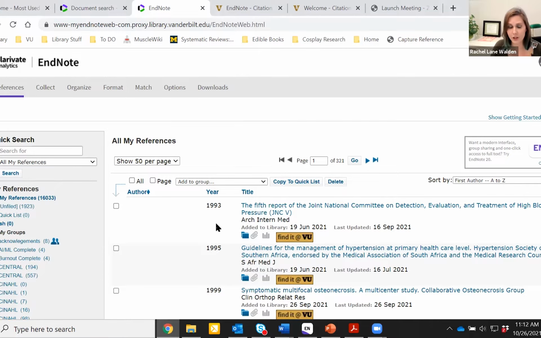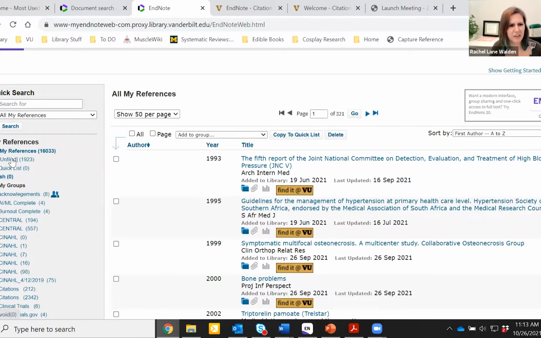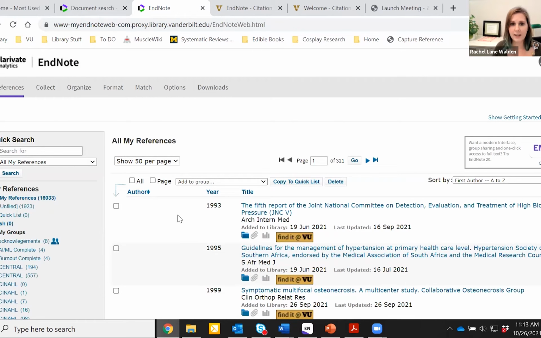But as soon as you have citations, that's always going to be the first thing you see, because the default home screen is the entire list of all of your references. You can see on mine, I've got about 16,000, which is actually about half of what I used to have. I cleaned up a little bit. I also got a ton that are unfiled, which I'm not really sure where those came from. I probably need to look into that. I do a lot of testing, so I pull in a lot of citations and then I forget to delete them later. But with the nice EndNote Online, I'll do a quick overview of everything on this,